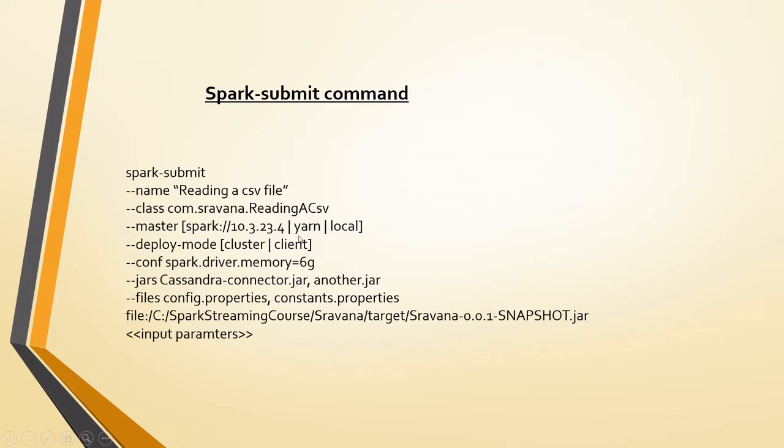Here I am giving Yarn because we use Hadoop. In my local machine I have set up that one, so --master yarn you have to use. And for running locally, you have to mention local. The difference between these two is, Yarn is a cluster manager and the distributed architecture will be available. Whatever job you submit, parallelism will be used when you use Yarn, whereas in local it will run only locally. In the local machine, whatever memory is available, the job will be executed within that memory, okay?